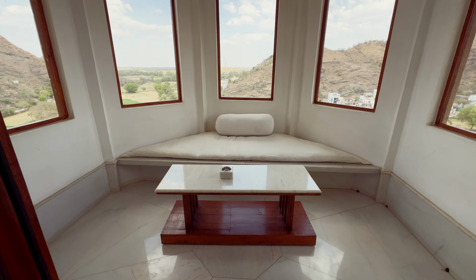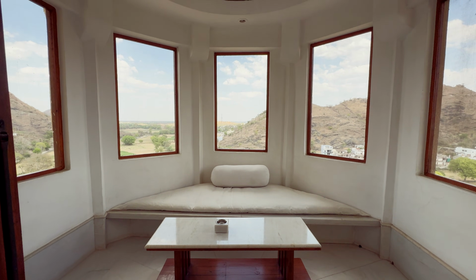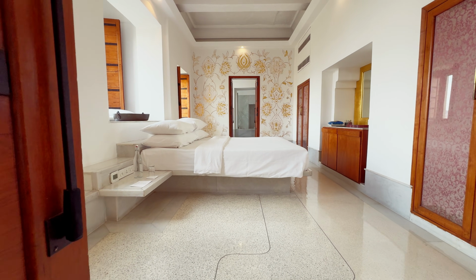And then you come up the stairs here, and there's this outdoor kind of living space with another sofa, but it's screened in, so you can sit out here, be outside, have the views, but not worry about the bugs. So that's nice. And then to the right of the entry is the bedroom, which is really modern but traditional